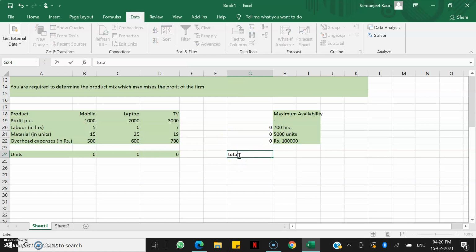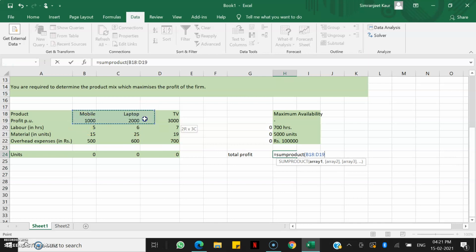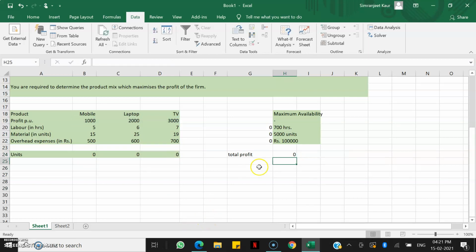The last thing that we have to do is we have to formulate our objective function. So again I'll use sum product. I'll specify my first array, which is profit, then the second array, which is the number of units, bracket closed, enter. Now I'll go to solver.